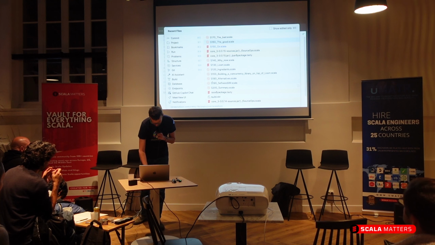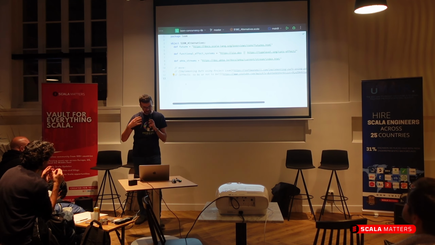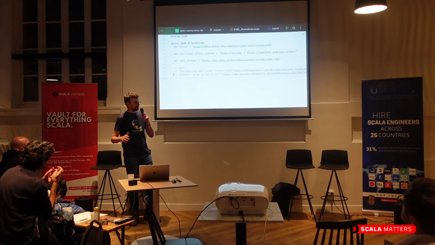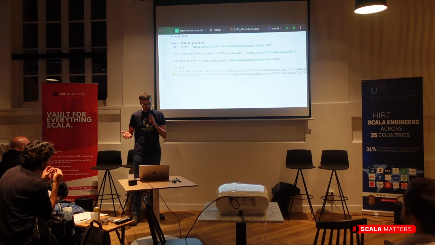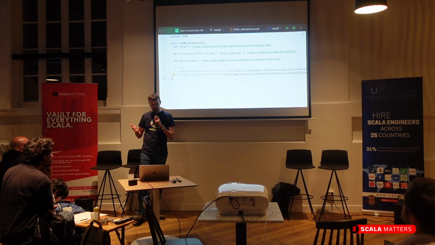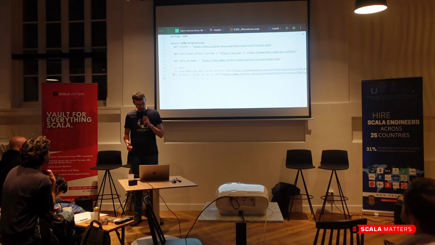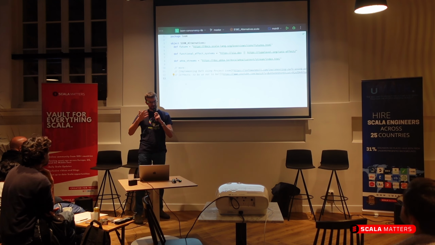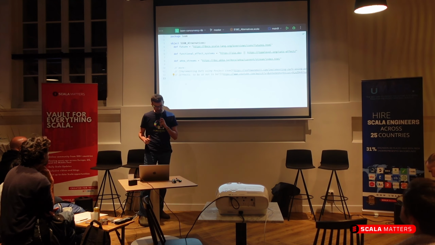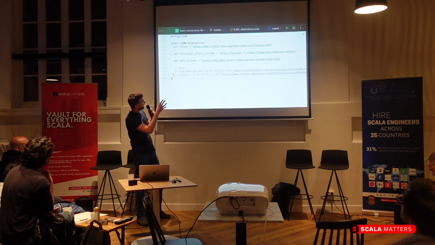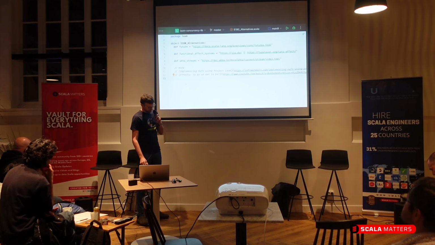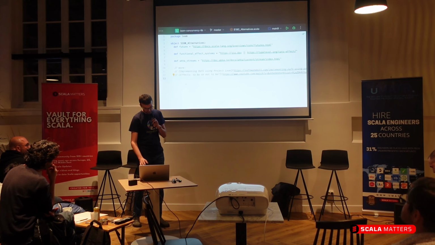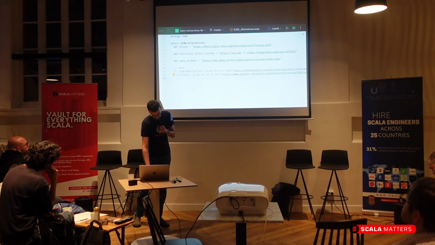Okay. The alternatives, which I think I already mentioned. So, of course, we've got features which we can use in Java, we can use them in Scala. We've got functional effect systems, such as ZIO and Cats Effect, which use a different approach, a different programming model, some downsides, some upsides. I tried to compare these two approaches, and the result is a couple of talks and a couple of blogs.